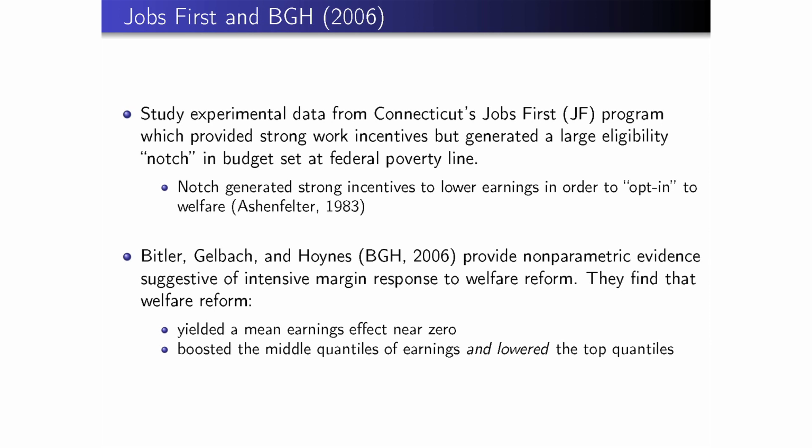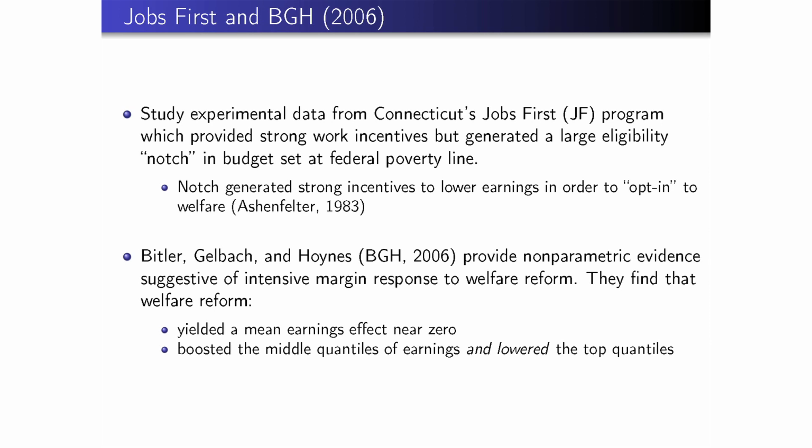It's from Connecticut's Jobs First welfare reform program. It is interesting because it had very strong financial incentives, including incentives that create what's called an eligibility notch in the budget set. So if you earned $1 more than the federal poverty line, you were suddenly ineligible for welfare benefits and you lost your entire grant amount. Okay, so that creates very strong negative labor supply incentives to reduce your earnings slightly in order to qualify for